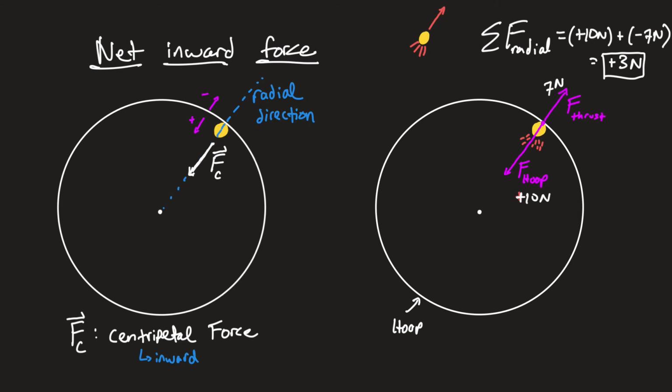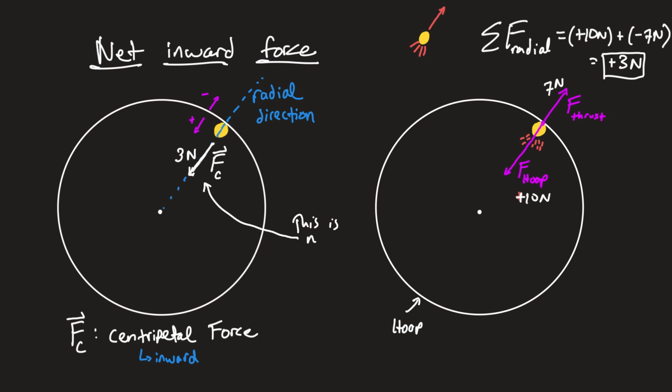Great. So if we go to the other little picture over here, I'd have to change the length of my arrow right here. This is a little too long compared to these force vectors to show the correct relative magnitudes, but so I don't have to erase that, I'll just put 3 newtons over here. And so on the right-hand side, we've got this picture of the actual individual forces that this ball feels. One comes from a hoop, the other comes from a rocket thruster. But abstractly, we add those together, and that creates this thing called the centripetal force, or the net inward force. And importantly, let's be very clear about this,